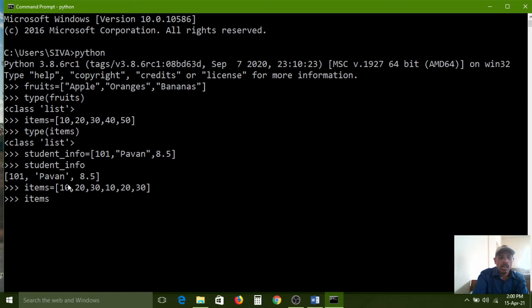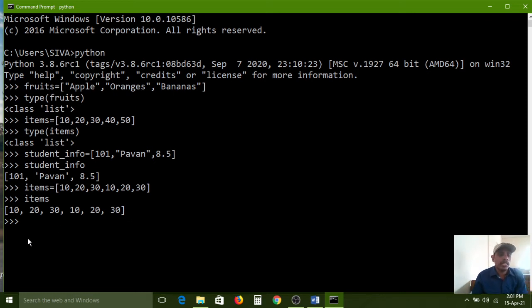If you want to see whether all elements are stored or not, then simply type the list name and press enter key. Automatically all the data it will present on the screen. So 10, 20, 30 and 10, 20, 30 it is printing the same. So duplicates also are maintained by the list.